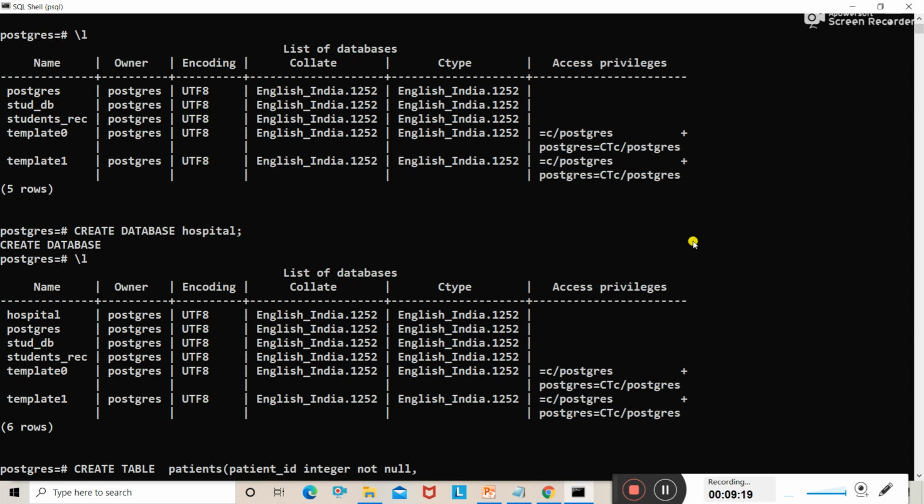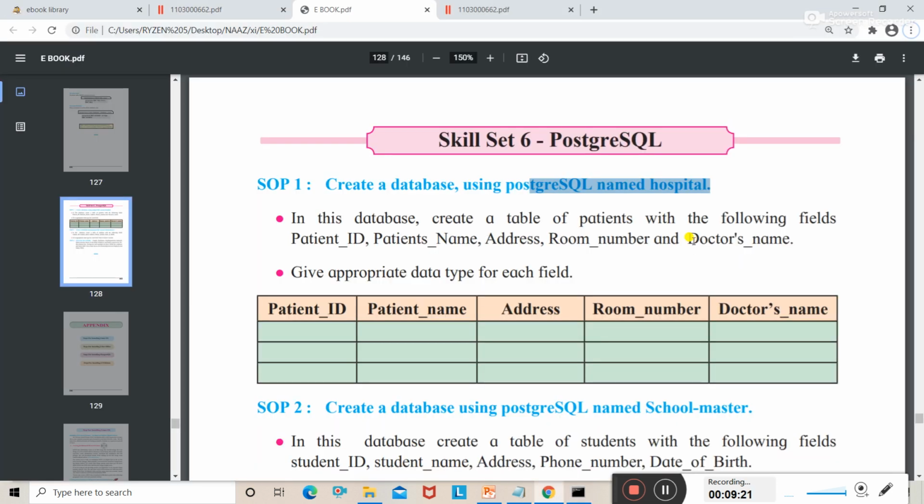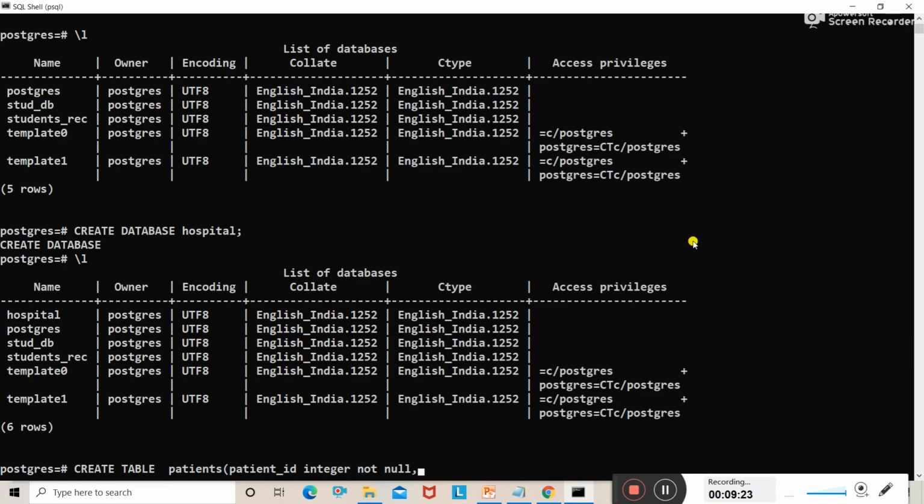Okay, after this the second field name is patient name. Patient name will be of text type, right? We are going to store the characters in this. So patient underscore name, the data type will be text type of data and you cannot leave this blank, so again not null for this.